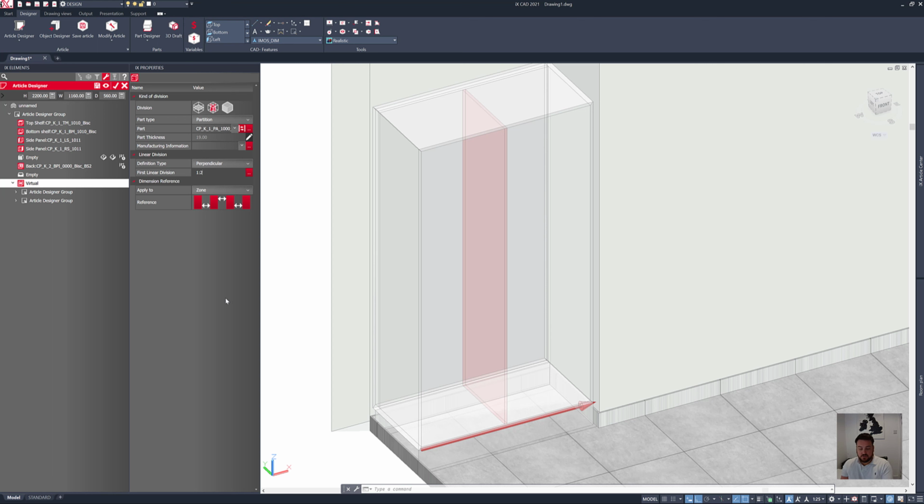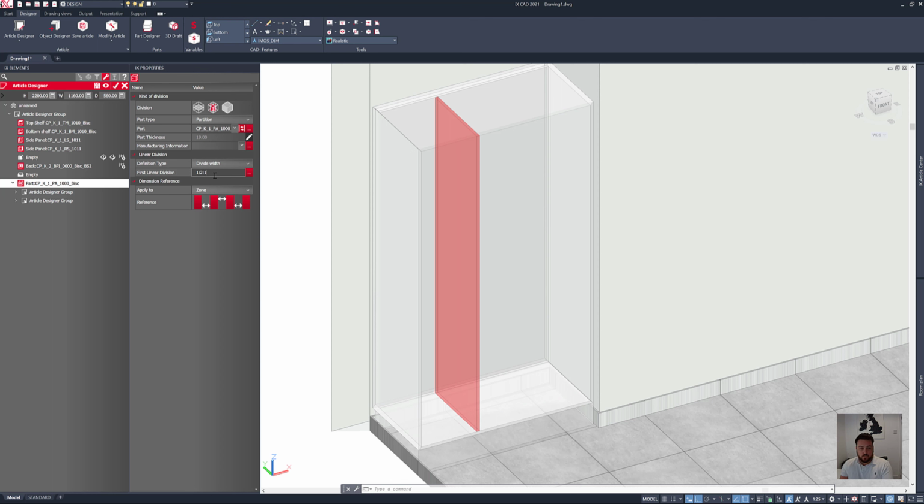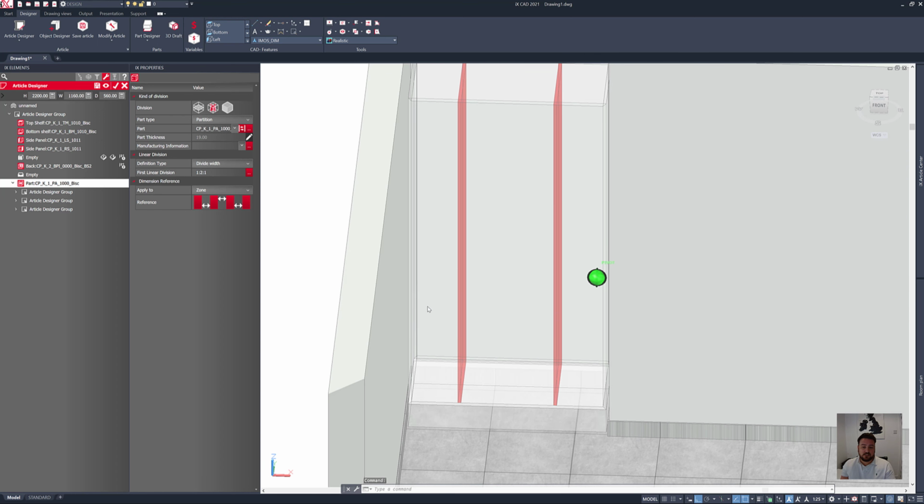If I change that to 1:2, the right hand side will be twice as big as the left hand side. One of the other new features in the Article Designer is the ability to simply say divide the depth, and this will then flip this around, which previously would involve setting a different reference edge as the first element for division. So that's a nice new feature to make things quicker and easier. I'll keep it as the width, but I'll say 1:2:1 and increase the quantity of my dividers, and you can see now I've got 3 zones,